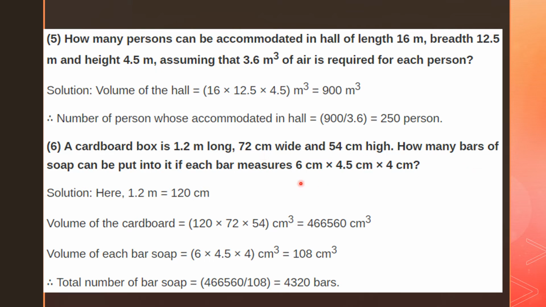How many bars of soap can be put in a box if each bar measures 6 centimeter into 4.5 centimeter into 4 centimeter? Now here the cardboard box is in the shape of a cuboid. So here the bar of soap is also a cuboid. Now the cardboard box length, breadth and height is given. We can calculate its volume, that is